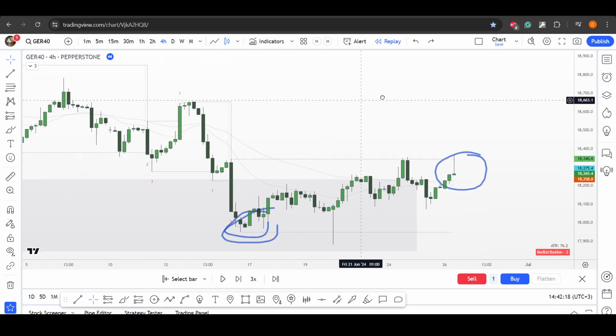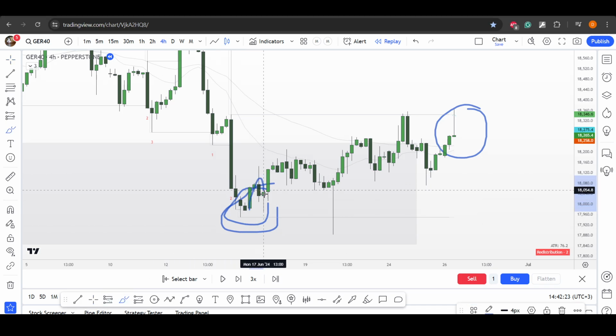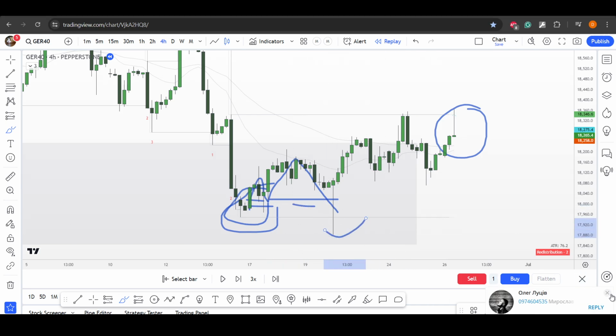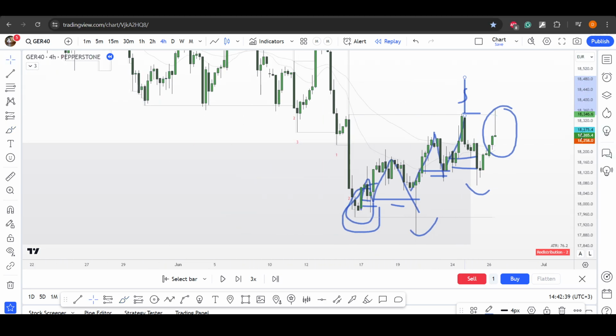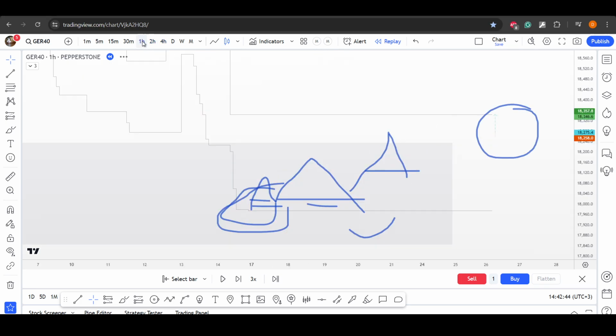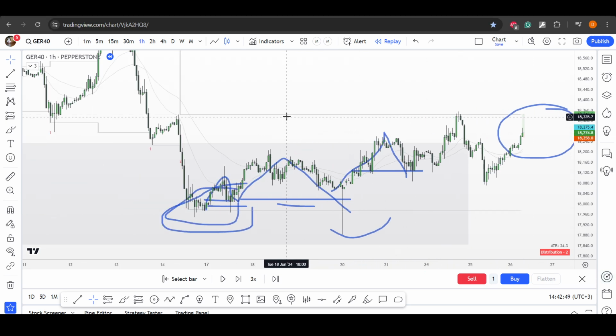It is made in the form of a chain, an upwards moving chain, as you can see. So we have a move, a tap into the zone with absorption, a move, a tap into the zone, a move, a tap into the zone. And then we of course expect continuations in accordance with the high time frame. So this is my medium time frame, because we have the same picture on 2 hours and on 1 hour,